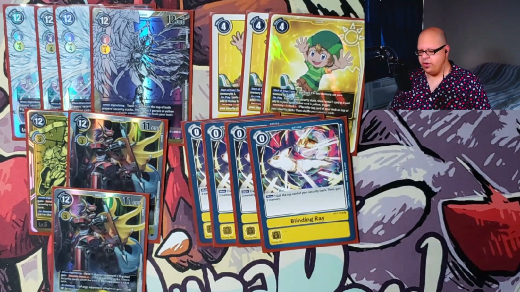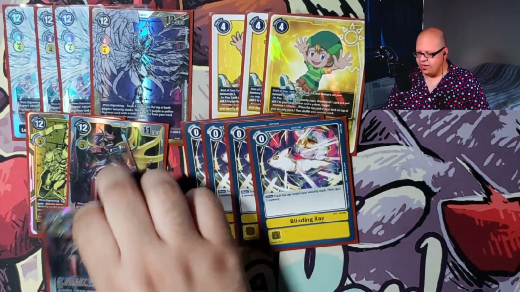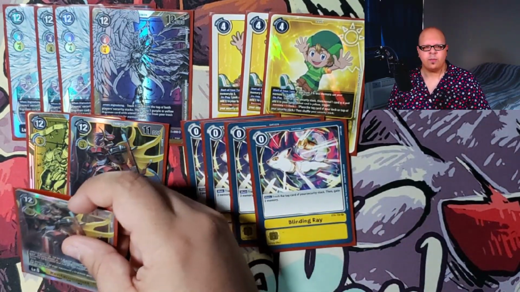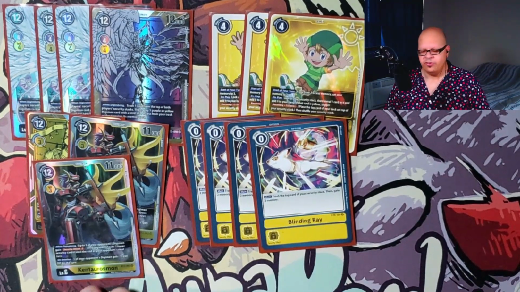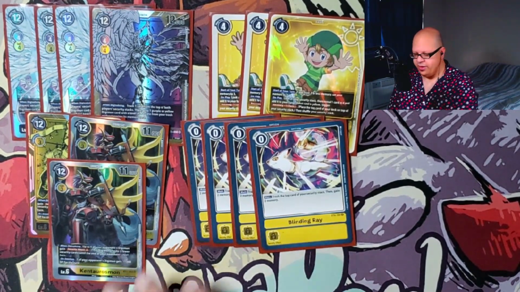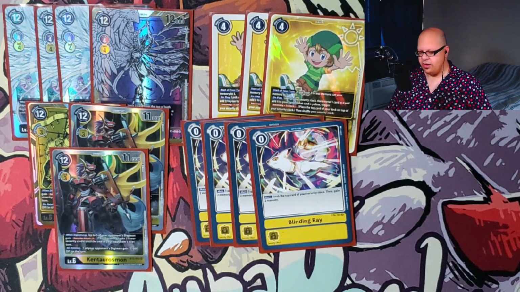And then I won the following game, and then I lost against an Imperial Dramon, which was crazy because I got the Kentorosmon out, and well, game 1 he just blew me out the water. He just had everything and I didn't have anything, and he was able to attack multiple times with Imperial Dramon, and it was really sad because I was like, to win the game against Blue,